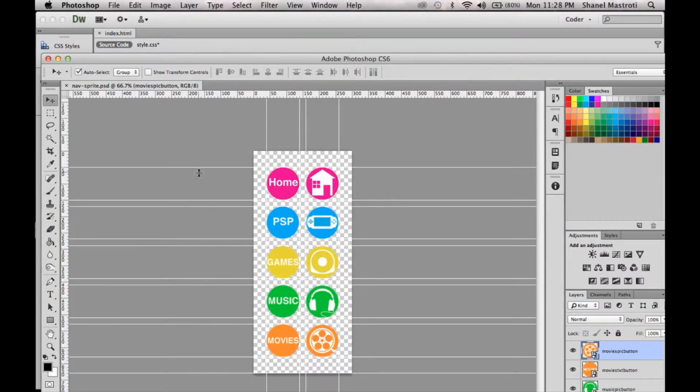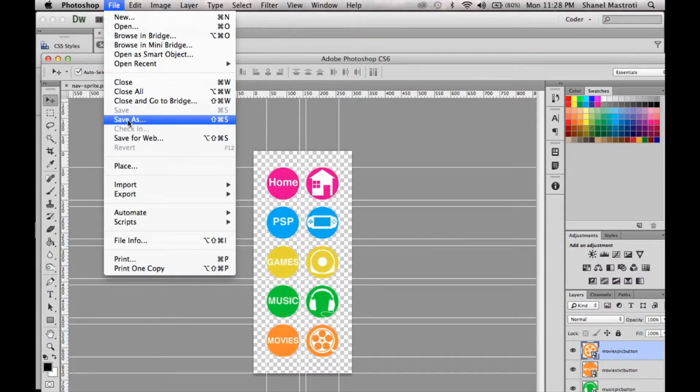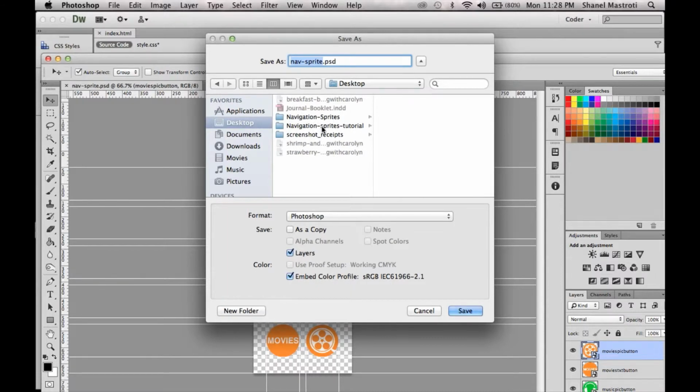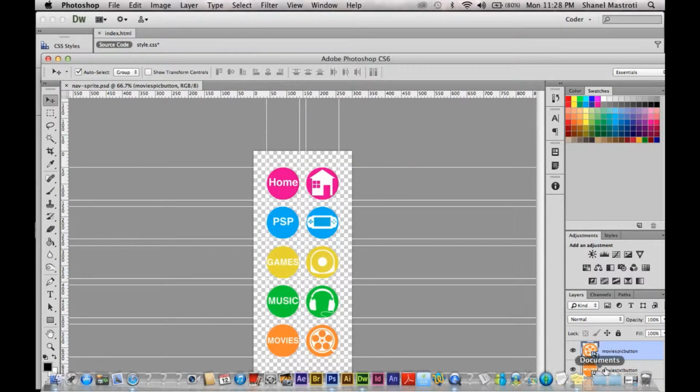So once that's done, you will 9 times out of 10 save this image by going to File and clicking Save As or whatever have you. Now on my desktop, I already have a folder created with my image in there already, so I'm not going to do this. And now I'll go back into Dreamweaver,